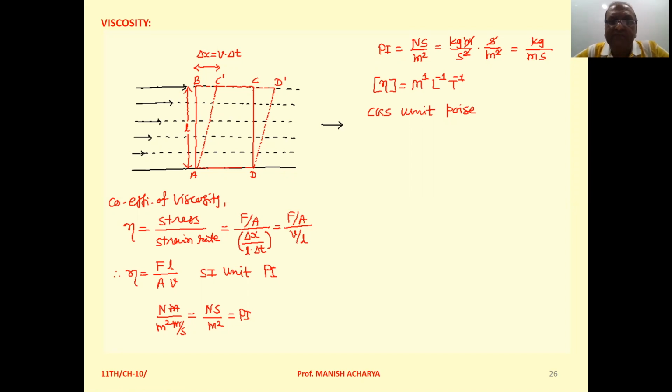Now, suppose in this particular fluid we consider an element A, B, C, D. A to B is L. Suppose the velocity of the fluid is V. Now suppose we think about this upper layer, which is moving with velocity V, will cover a distance equal to V into delta T in time delta T. So after time delta T, our element of the fluid under consideration, A, B, C, D, will now be A, C dash, D dash, D.